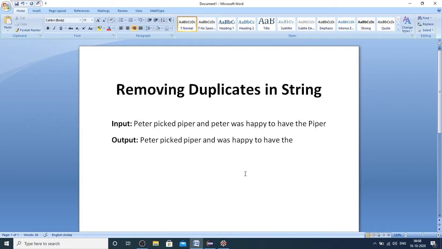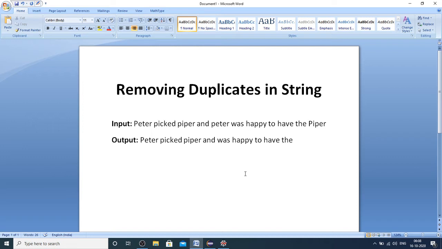I have come up with one more logic building problem, that is removing duplicates in a string. So the problem is you will be given a single line of text as input, and you are supposed to remove all duplicate words in the given string by ignoring the case, and then you need to return the string in the given order only.